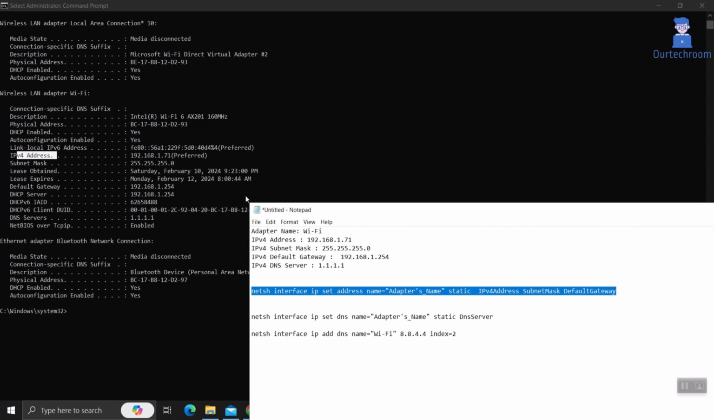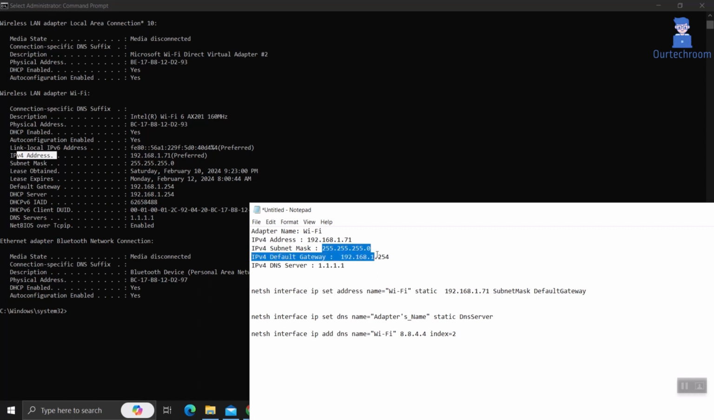Assign those values in this first command. I will provide all these commands in the description. This command sets the Wi-Fi interface to use the static IP address